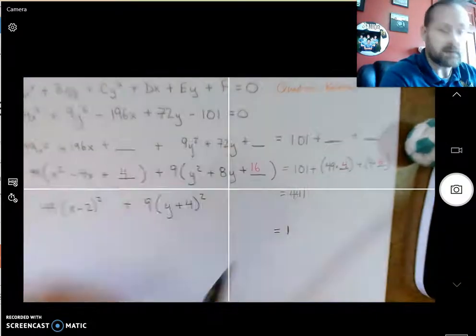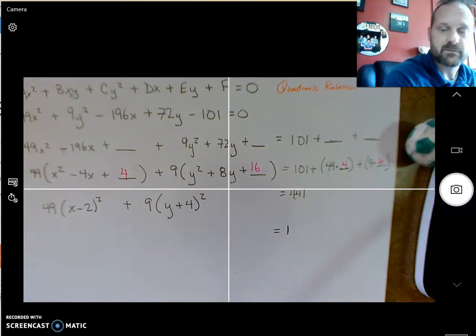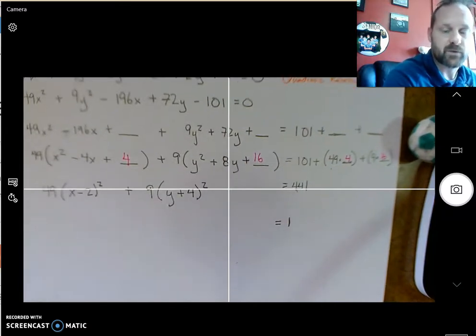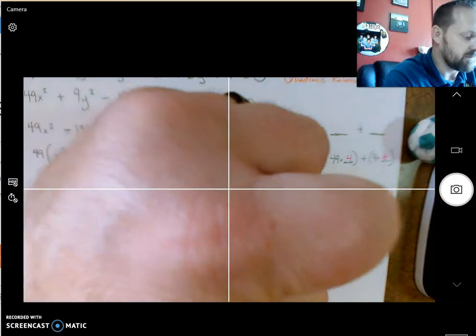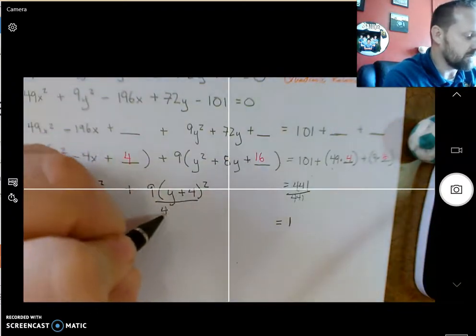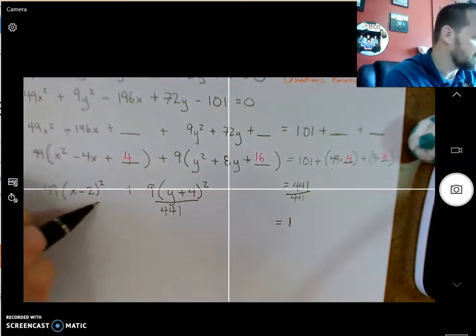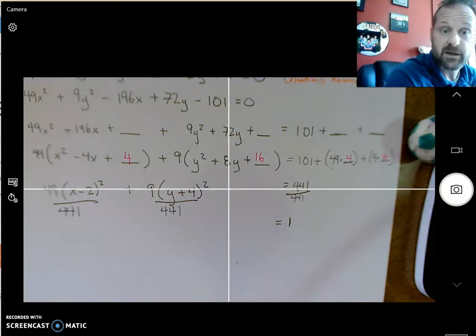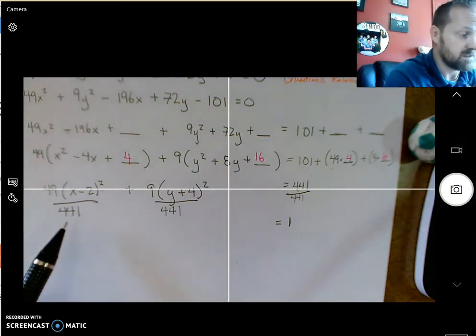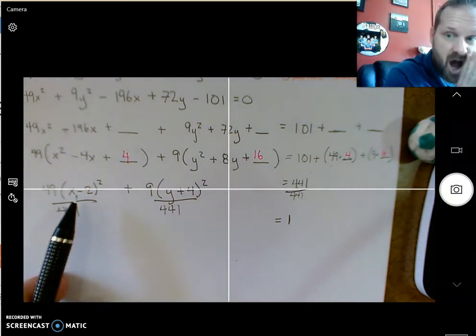Well, I can't just make it 1. It doesn't mystically become 1. We have rules that we have to follow. We divide every single term by 441. So divided by 441, divided by 441, and divided by 441. This is where the nice manufactured problems come in. Yay! 441 is the product of